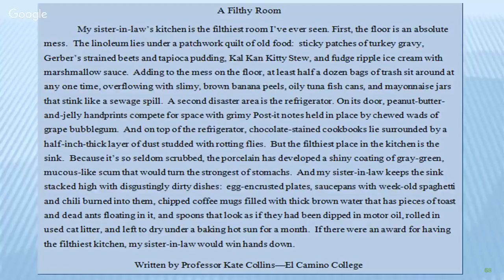A second disaster is the refrigerator. On its door, peanut butter and jelly handprints compete for space with grimy post-it notes held in place by chewed wads of grape bubblegum. So you can imagine the refrigerator,